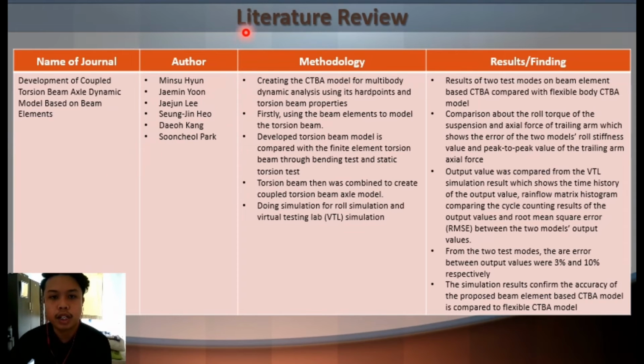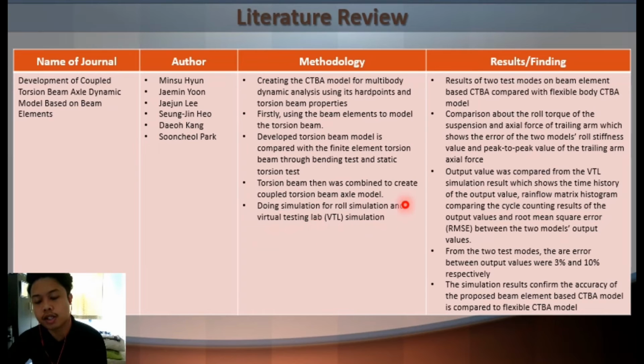Today I'll be doing a literature review on the journal named Development of Coupled Torsion Beam Axle Dynamic Model Based on Beam Element. So this is the author for this journal. Basically, they want to investigate a multi-body dynamic model for predicting changes in dynamic response using a CTBA model. First they use a beam element to model the torsion beam, and then the torsion beams are combined to create a coupled torsion beam axle model, and then they proceed with the roll simulation